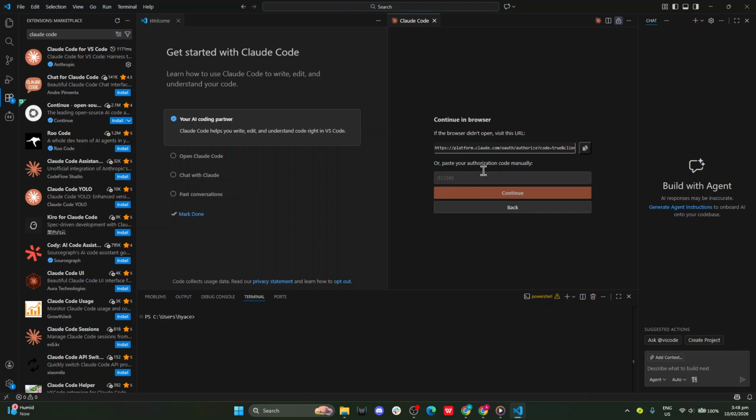That's it. You've installed the OpenRouter AI extension, created and added your API key, and selected Claude 3.5 Sonnet. From here, you can start